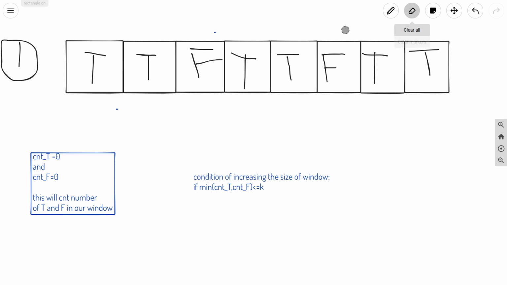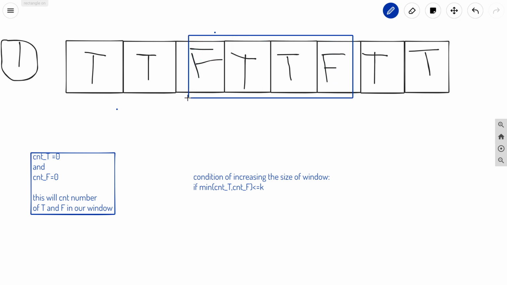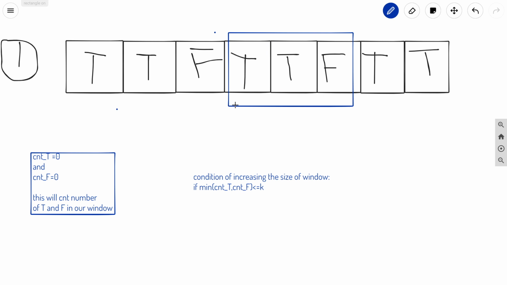Okay, so our window will be this, and again you can see that the minimum of count t and count f is nothing but 2. So we will again move this wall in the forward direction, and we can see that the size of the window will increase, and this will be our new window. And in this window we can see that the minimum of count t and count f is nothing but